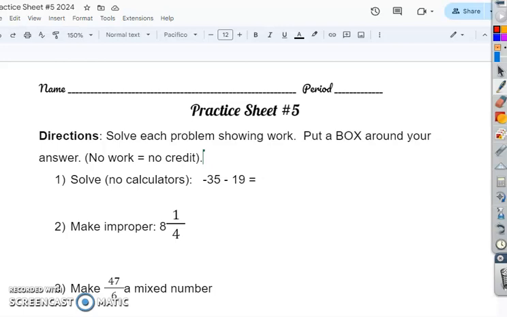Hey everyone, we are working on practice sheet number 5. So we're going to start with number 1. Please make sure that I'm seeing your work on number 1. Okay, so